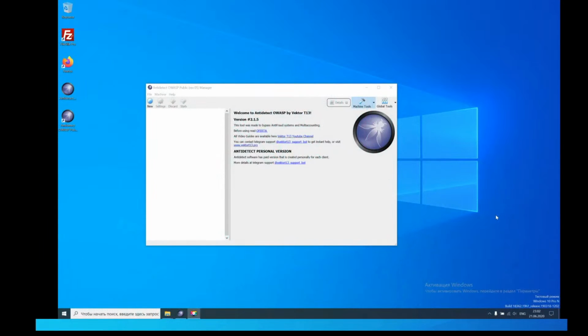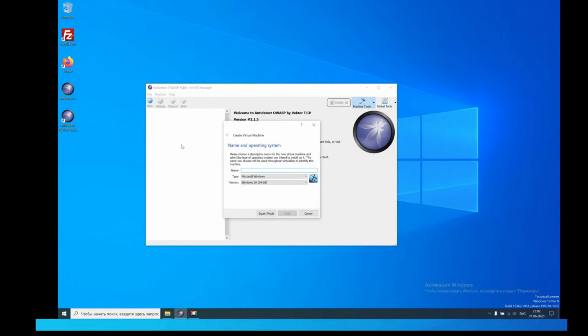After we finish the installation of the anti-detect, we need to create a platform for installing our guest system. How can we do it? Just in the main menu of the anti-detect, click the New button, and now we need to choose the name for our